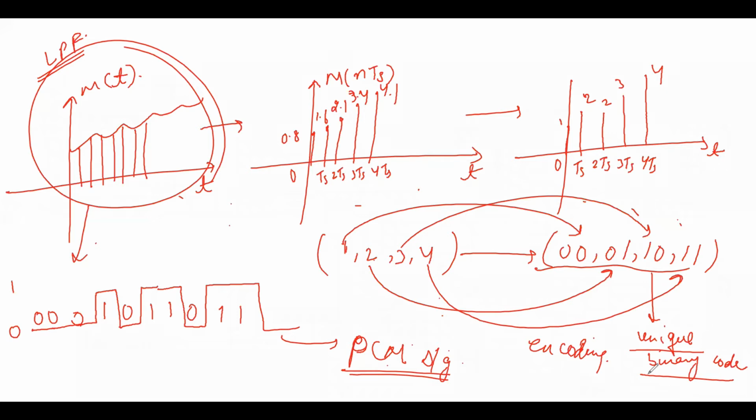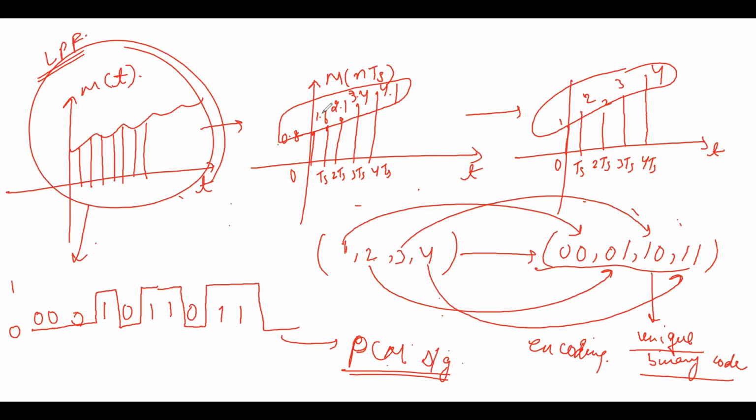So why are we using the quantizer? Without quantizer, can we encode these sample values? What is the use of quantizer? Why do we need to convert these sample values to the nearest rounded values? Because without quantizer a large number of binary codes would need to be generated, which is not possible for the encoder. That's why we are using the quantizer.